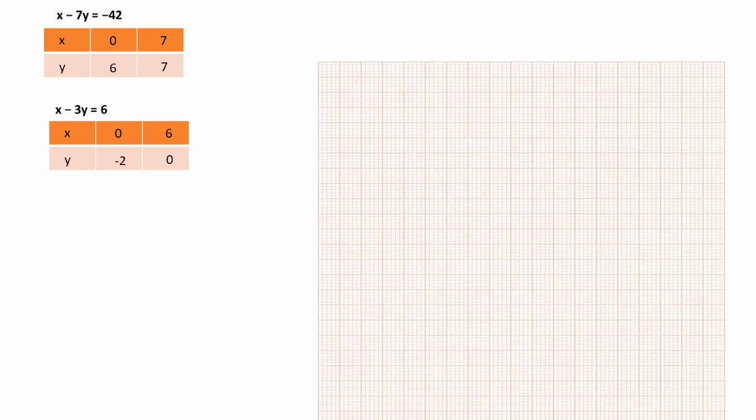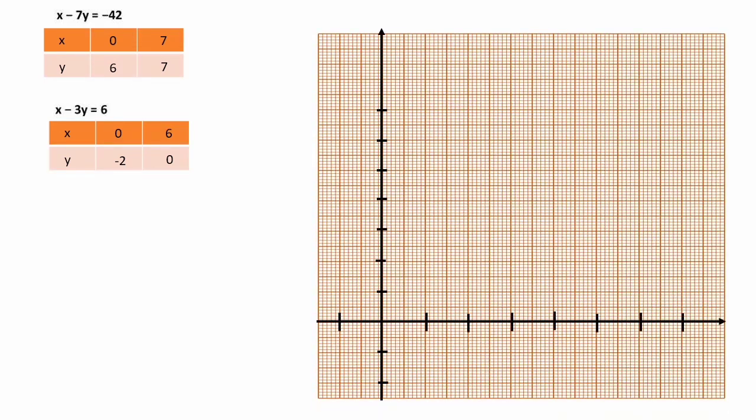For drawing the graph, let's take a graph sheet and draw the axis, x axis and y axis. And this is called the origin. And let's mark the points on the axis. In the y axis, I have marked minus 2 to 7 because the smallest y value is minus 2 and the biggest value is 7. And on the x-axis, I have marked values from minus 1 to 7.